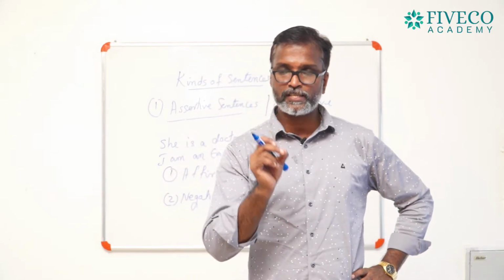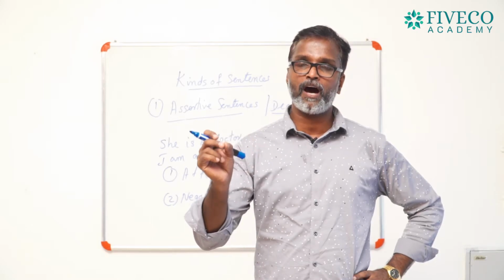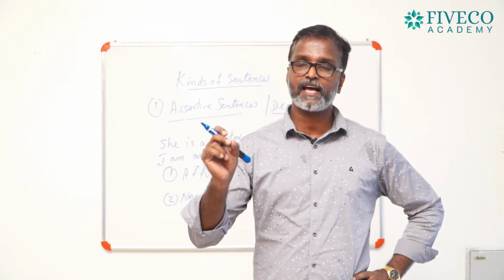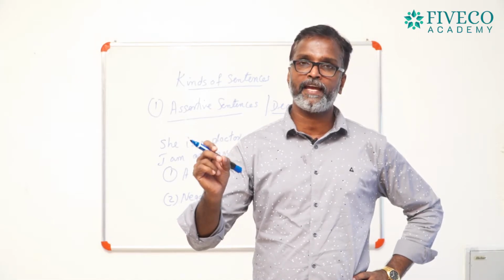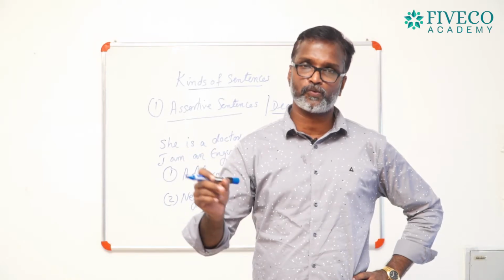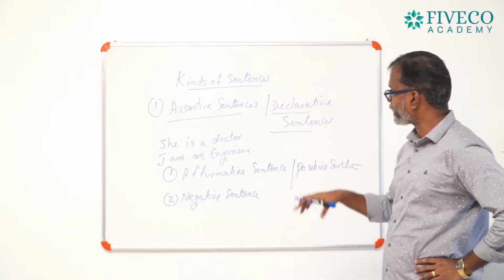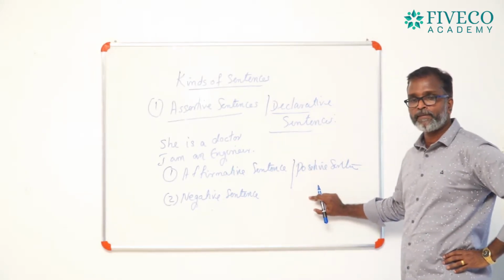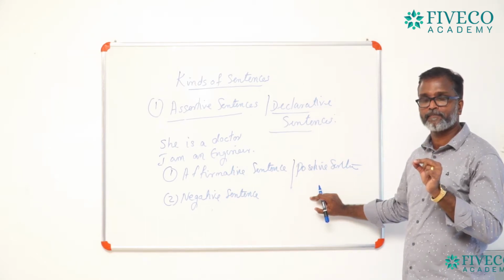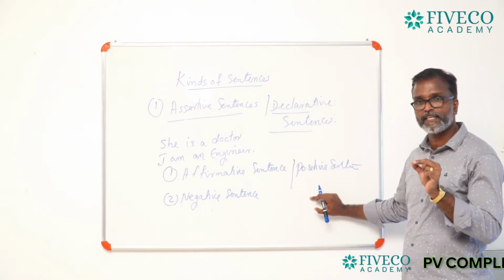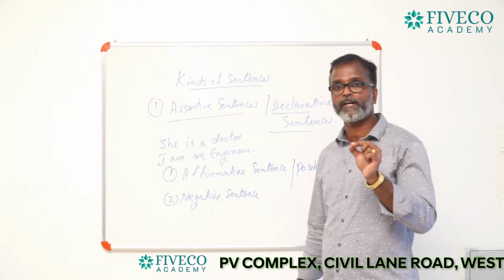I shall tell you some of the auxiliary verbs: do, does, did, is, am, are, was, were, has, have, had, will, would, shall, should, can, could, may, might, dare, need, used to. All these are called auxiliary verbs in English. Okay, come to the point. What I am trying to say is that while you write a negative sentence, you have to use not along with the proper auxiliary verb.